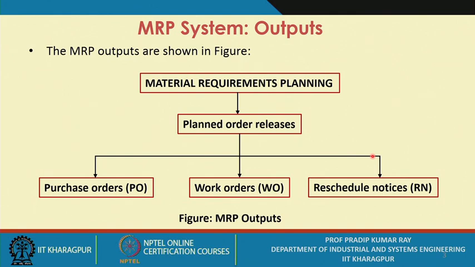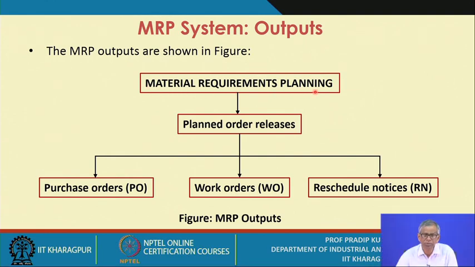So here what we have specified is the planned material requirements planning, MRP, system. It is basically designed with three kinds of inputs you are already aware of. One is the MPS, the second one is the product structure code, and the third one is the inventory status. These three inputs are creating the material requirements planning system. And what is the basic output? The basic output of the MRP is the planned order releases.